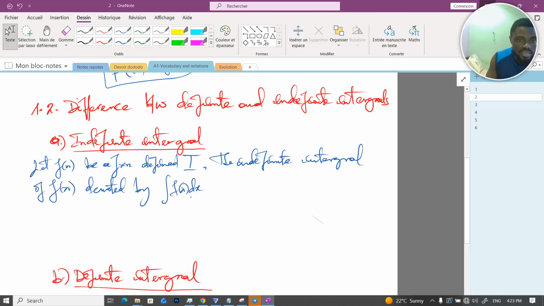I add dx here because the function is defined in terms of which variable? x. If it was f of t, I would say dt. You understand? So the indefinite integral of f of x, denoted by the integral sign, integral of f of x dx, is given by,